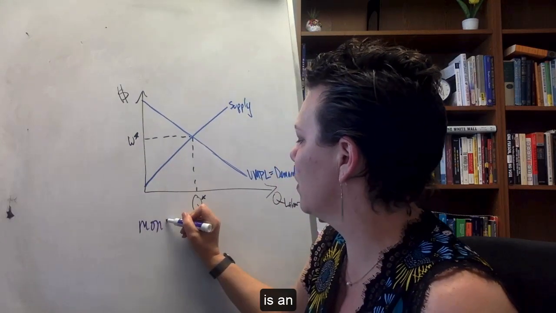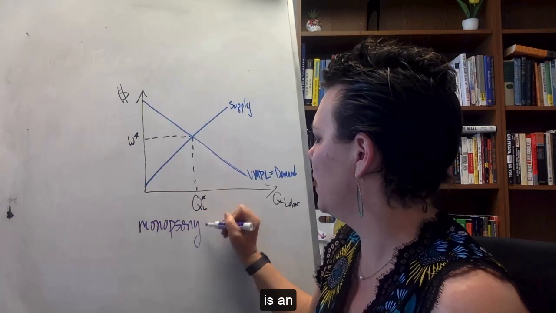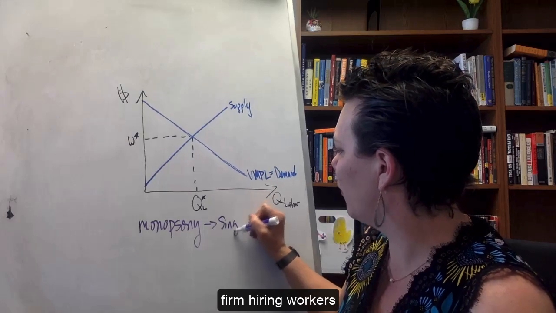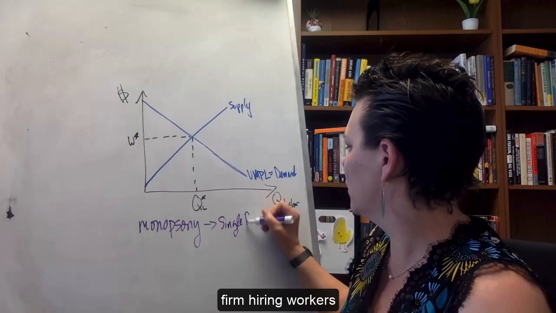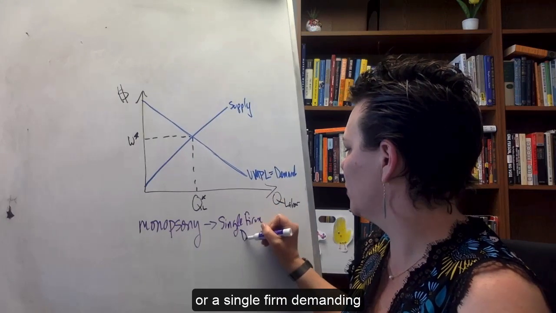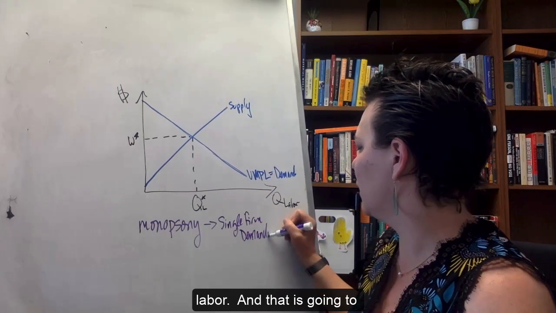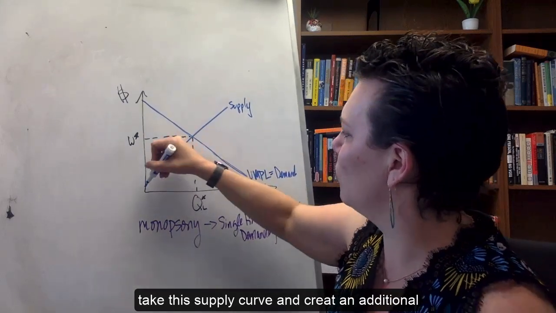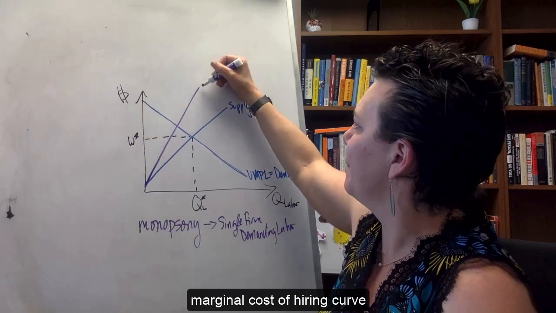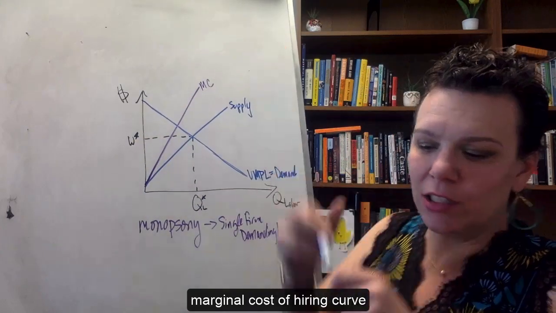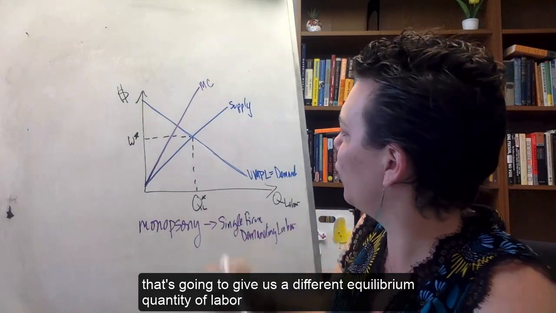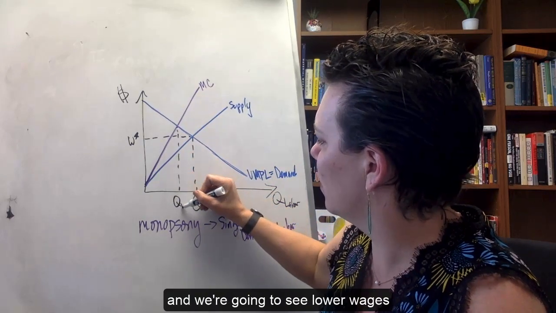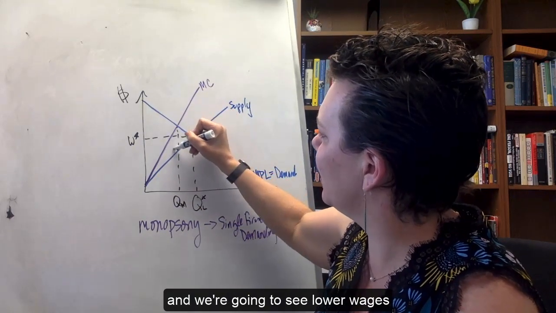And a monopsony is an individual buyer instead of an individual seller. And so that's a single firm hiring workers, or a single firm demanding labor. And that is going to take this supply curve and create an additional marginal cost of hiring curve. That's going to give us a different equilibrium quantity of labor, less labor. And we're going to see lower wages,